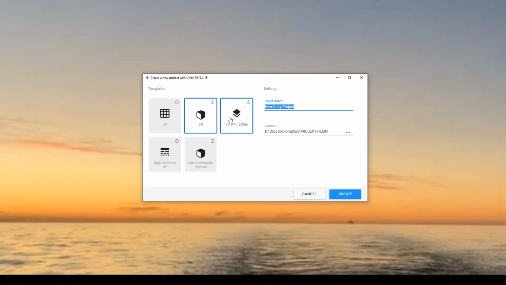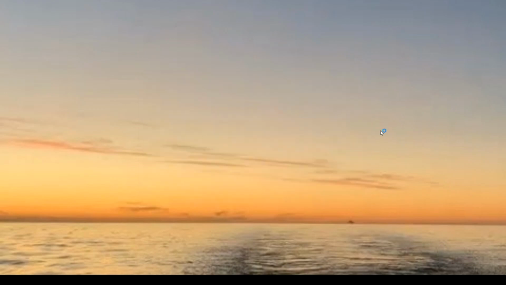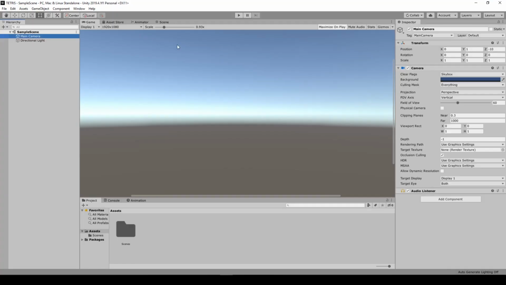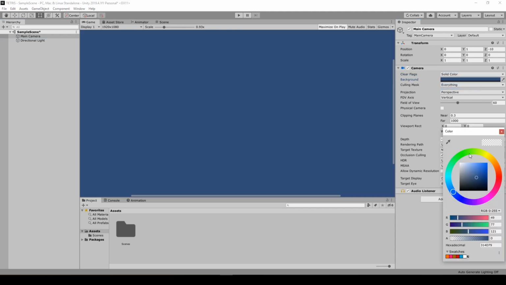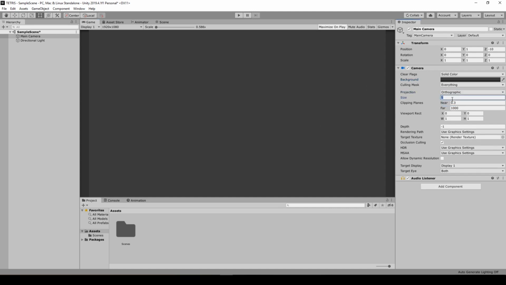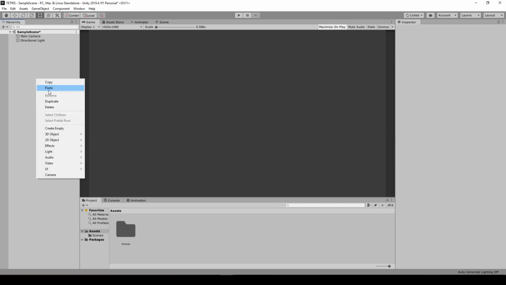Okay, so we start with creating a new project. We call it Tetris for obvious reasons. Okay, so when the scene is loaded, let's prepare our area by changing the camera flag to solid color and the background will be set to dark gray. So we set the scale. Let's make it orthographic and the size of 30. Alright, so right now we'll create